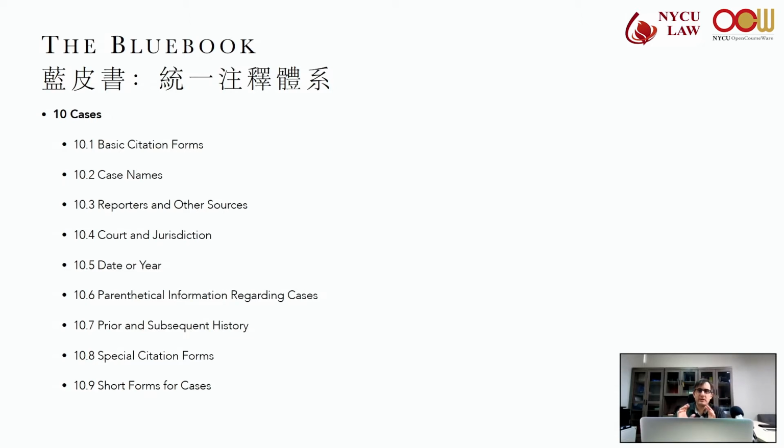The first example they have in Rule 10 is a citation to a U.S. Supreme Court case. So if we look at it, we have the first party versus second party, comma, reporter volume number, U.S. This is an abbreviation for the U.S. Reports. The first page of the case, in this example, is 57, followed by a comma, our pin site, and then the date of decision in parentheses. And there's no court listed in the parentheses because this is implied by the reporter abbreviation.